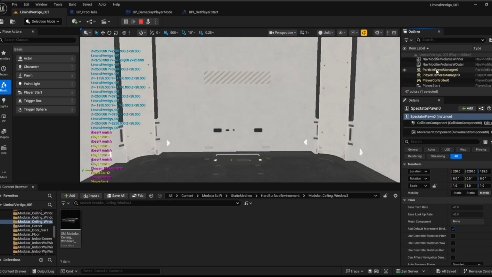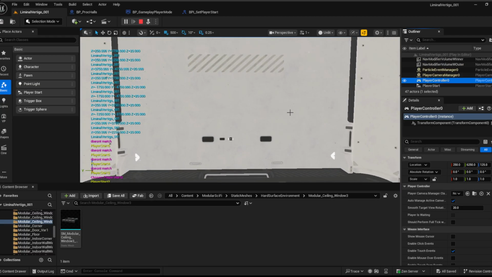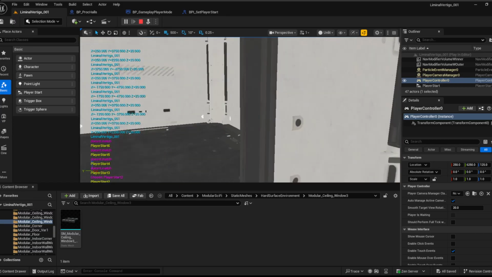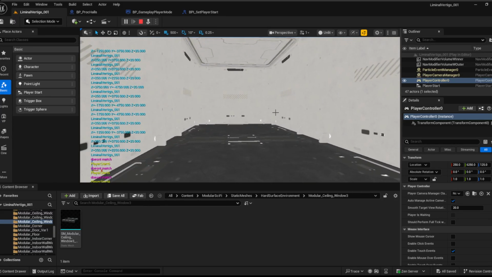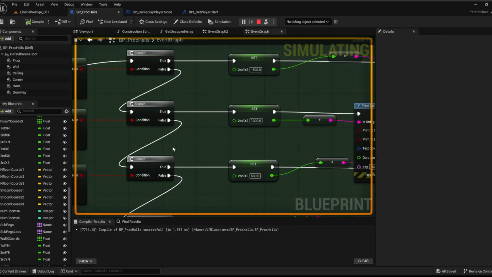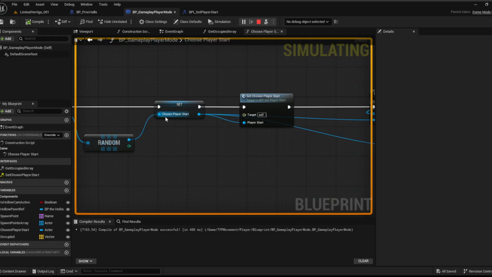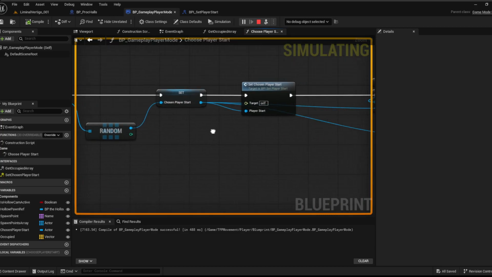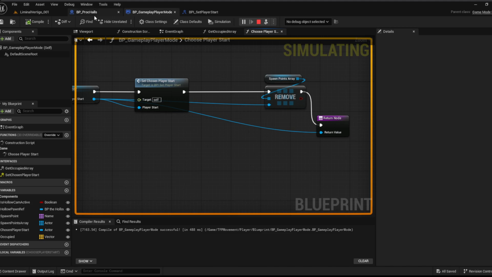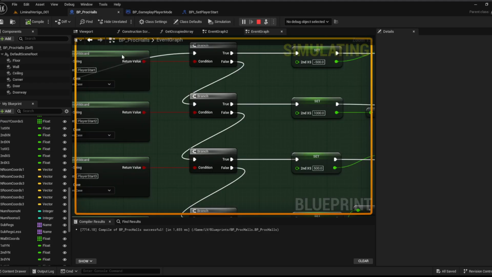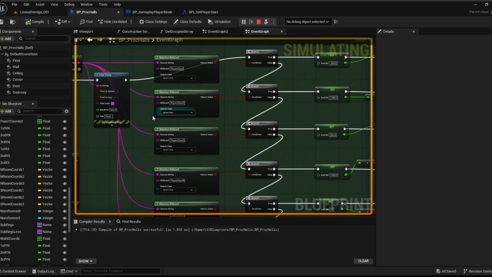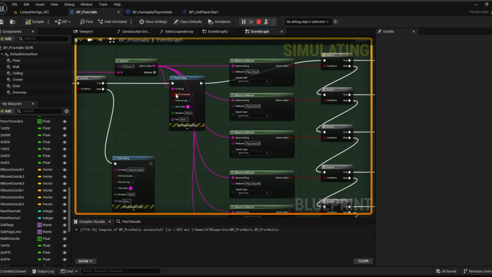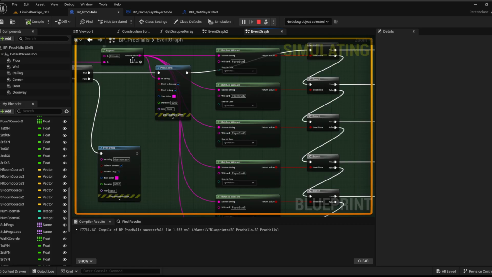Spectator pawn, player controller, all supposed to be right here, which is correct. So something else is not working. Spawning is correct. So in here, whatever is randomly picked is correctly passing to here, proc halls, and it's picking the right one. And now